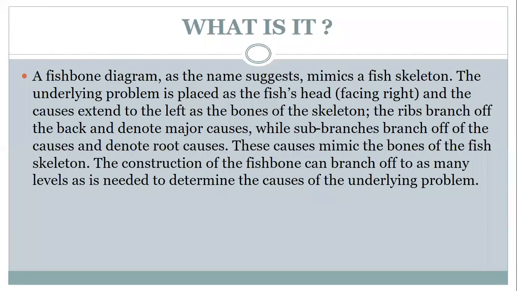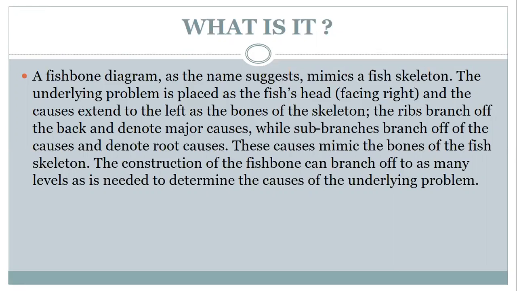A fishbone diagram, as the name suggests, mimics a skeleton. The underlying problem is placed as the fish head, and the causes extend to the left as the bones of the skeleton. The ribs branch off the back and denote major causes, while sub-branches branch off to the causes and denote the root causes. These causes mimic the bones of the fish skeleton. The construction of the fishbone can branch off to as many levels as indicated to determine the causes